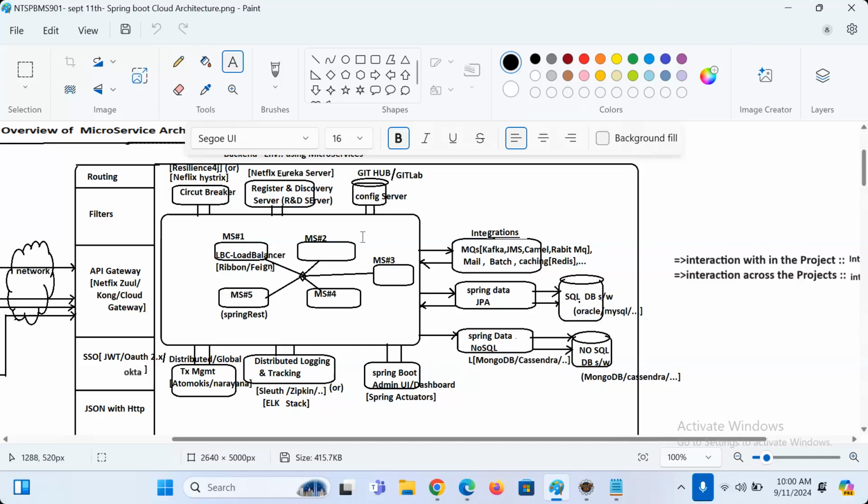Now tell me, boss. One by one, please focus. This GitHub, GitLab is there, right? So far, you have seen it as a code repository. Here also we use it as a code repository, but there is one more angle. All these microservices are talking with the same SQL or same NoSQL database.